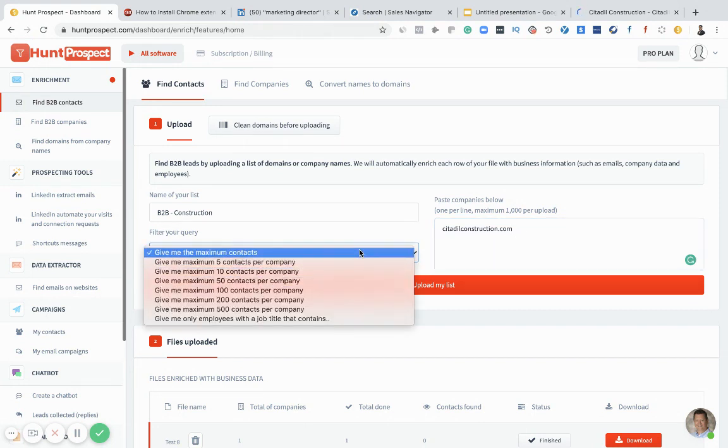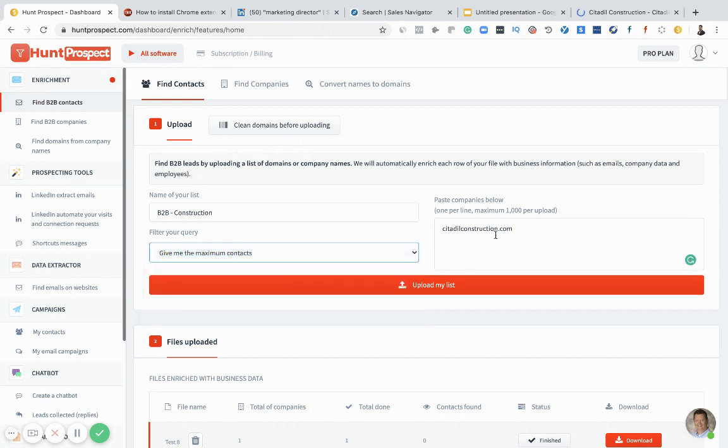Let's say I would say give the maximum contacts. So you keep adding domains. For example, google.com, then youtube.com. I'm just giving it as an example.